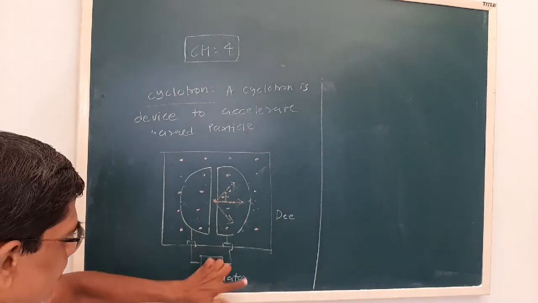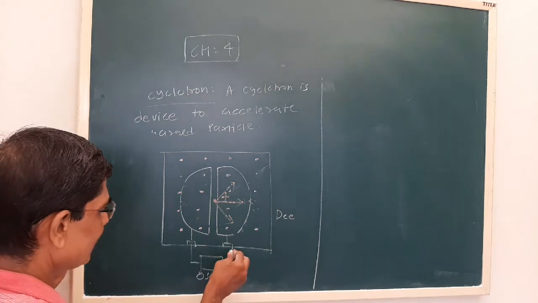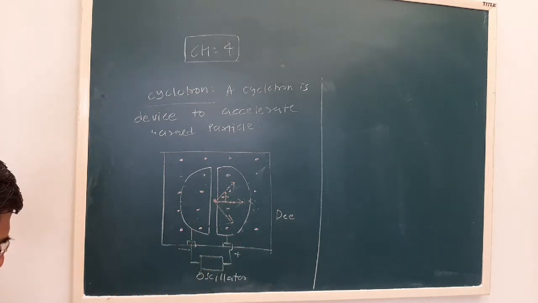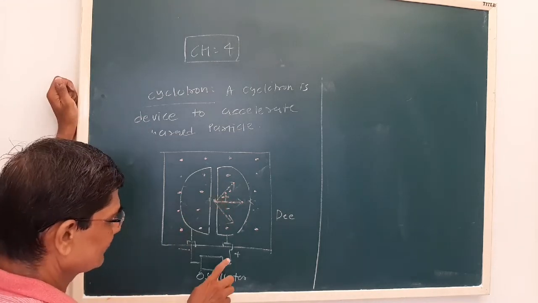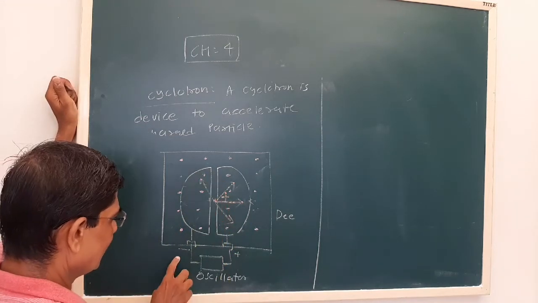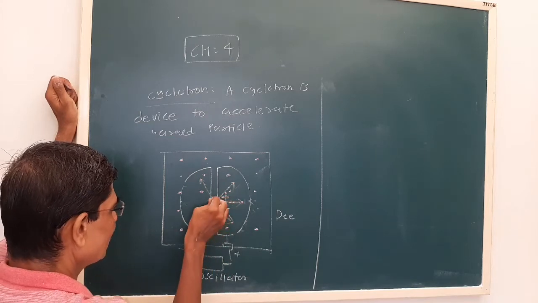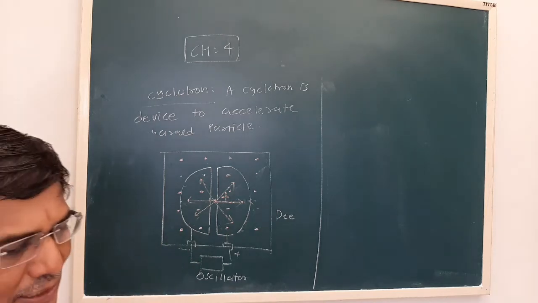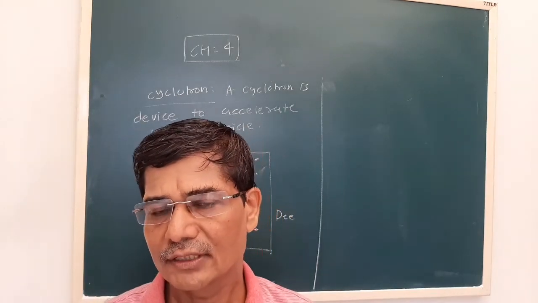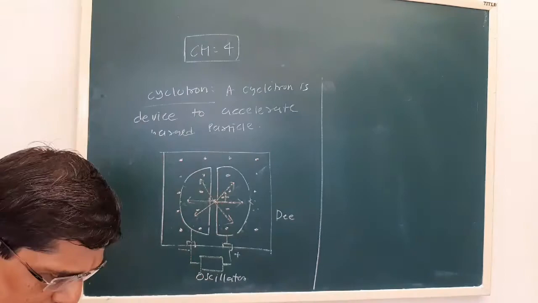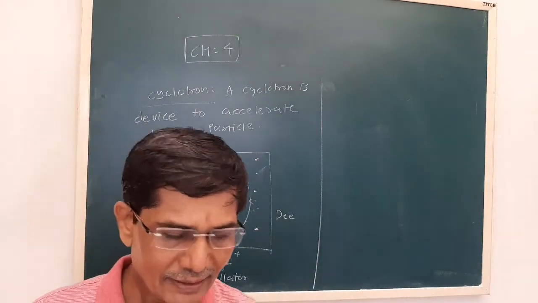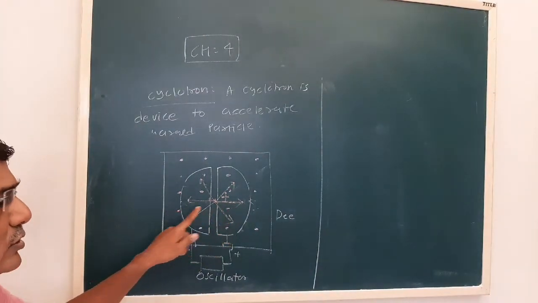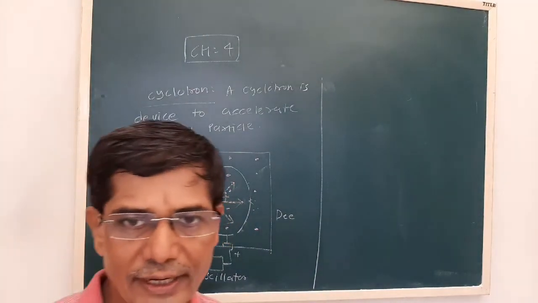Now in the next half cycle, the polarity is changed. Now here, this is a positively charged particle again. Plus and plus will be repulsion, plus and minus will be attraction. So what is the net force? Like this. Compared to the earlier cycle, the direction of the force is changed. Just as when we play table tennis the direction of the ball is changing, here the direction of force is also changing. Now we know F is equal to ma.